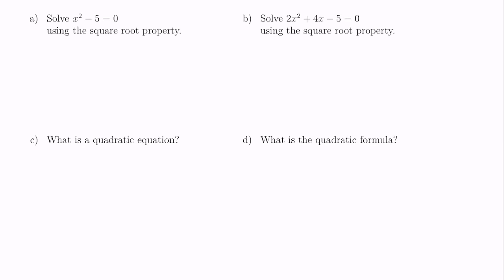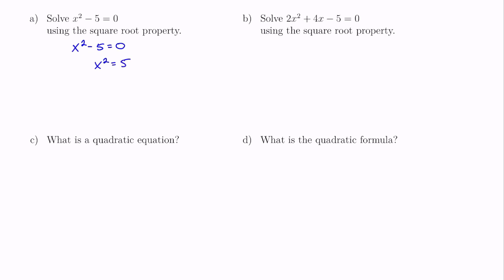In this video, we're going to introduce a new method for solving quadratic equations. We're going to begin in part A by solving the equation x squared minus 5 equals 0 using the square root property. To solve the equation x squared minus 5 equals 0 using the square root property, we have to begin by first isolating the x squared, so we'll add 5 to both sides of the equation to obtain x